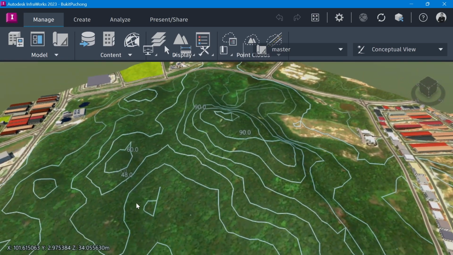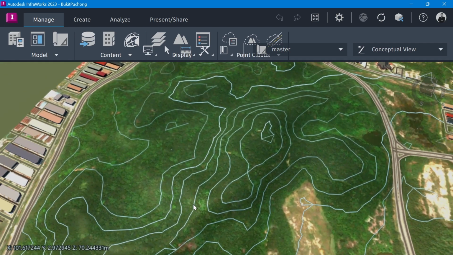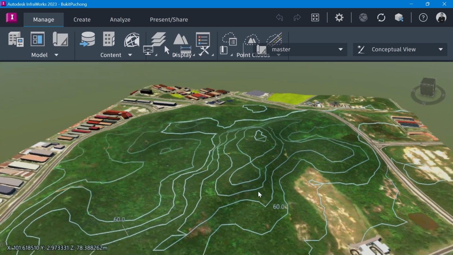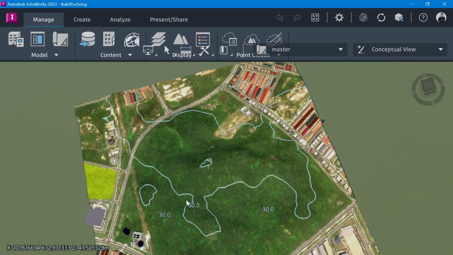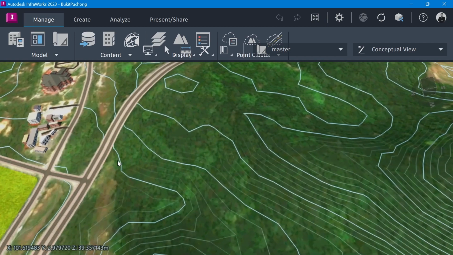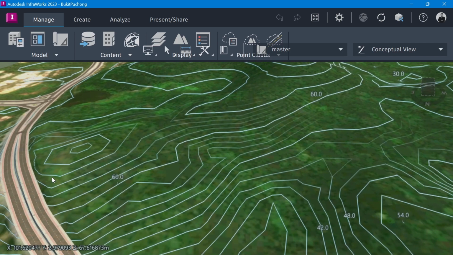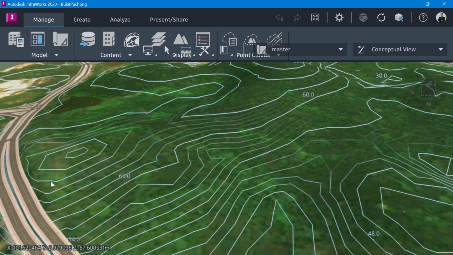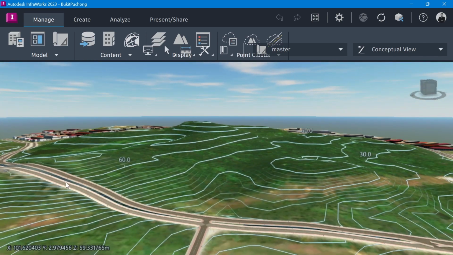It requires quite fast internet. If your internet is slow, then the features maybe cannot be extracted properly, so you cannot have the elevation correctly. So here we have the contour and also all the features of the road. You can see it generates a general model of the road, and it is draped.